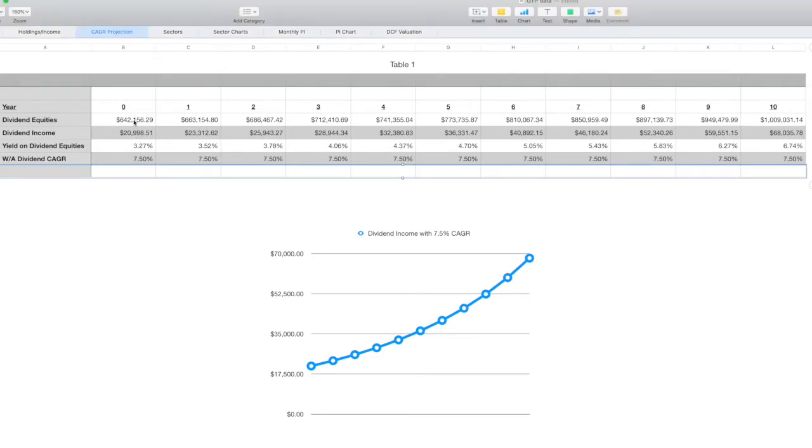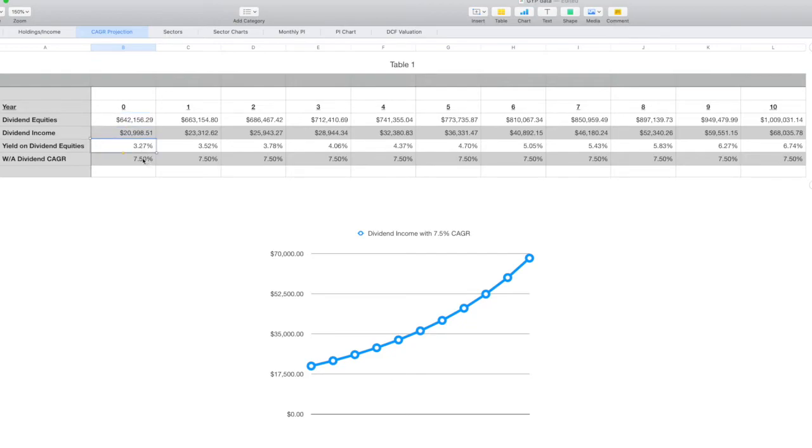So what I have here is the total amount that I'm holding right now in just dividend paying equity. This is not including my Facebook, my Google, my Amazon, my Zoom stock, etc. It's not including my real estate holdings. This is just all the stocks that I'm holding right now that are paying dividends. This is the annual dividend income that I'm getting. It's actually dropped a little bit from my last video because the holdings took a bit of a hit today, but you can see my overall yield is 3.27%.